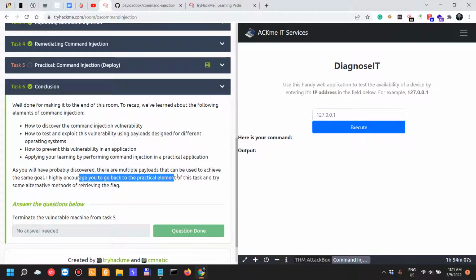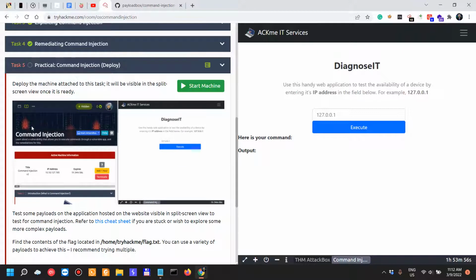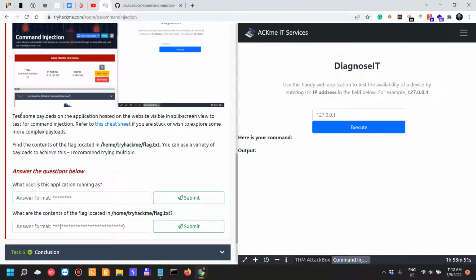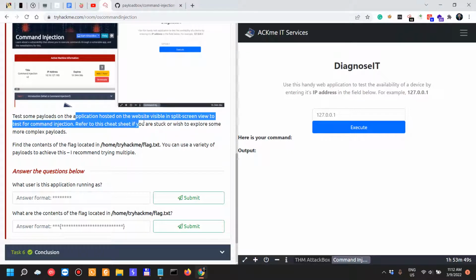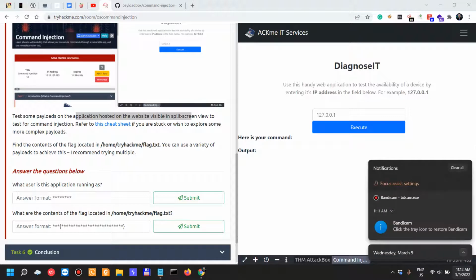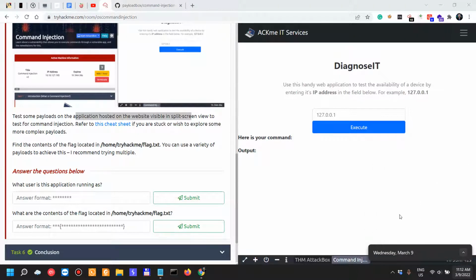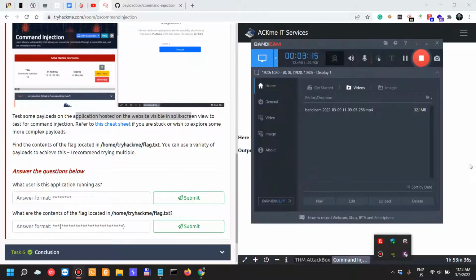I highly encourage you to go back to the practical element, which is this one that we are on today, and try some alternative methods of retrieving the flag. So this is what we're actually going to do. Thus, deploy the machine attached to this task, which is what I did. Test some payloads on the application hosted on the website. So this is going to be a rather short video because I believe this is pretty easy, but let us not be deceived beforehand. So right now, 3 minutes in,